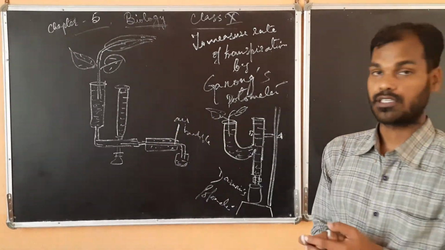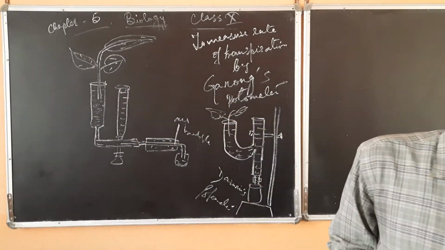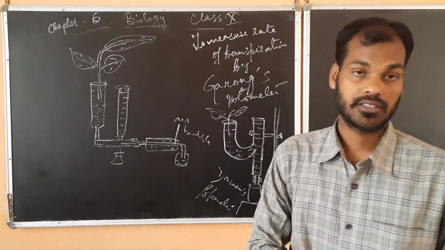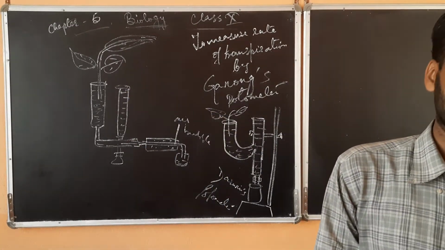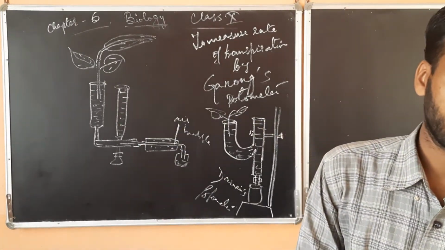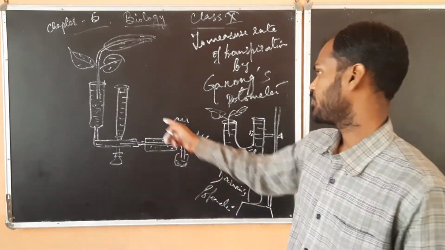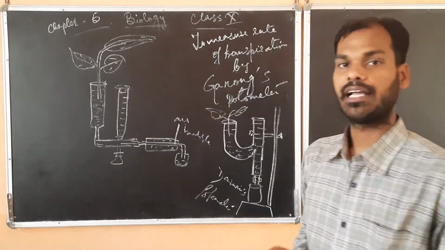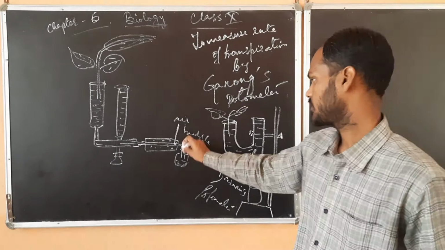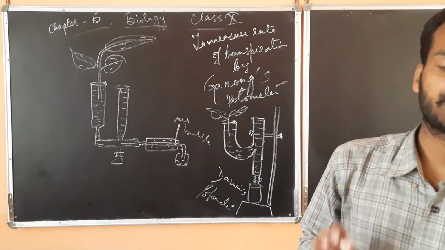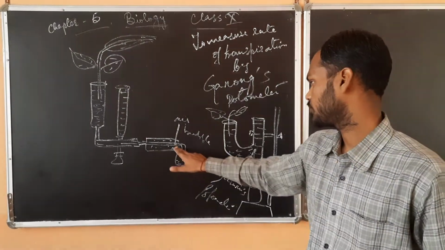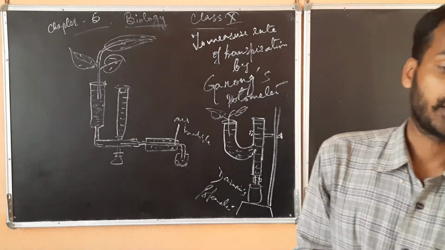So now coming on to the process. First the photometer is filled with water, then a twig which is cut is placed in the second tube, and it is fixed with a cork or screw gauge. Now the apparatus is made airtight here also, and then an air bubble is introduced carefully in this chamber. The tip of the end is kept in a beaker filled with water.